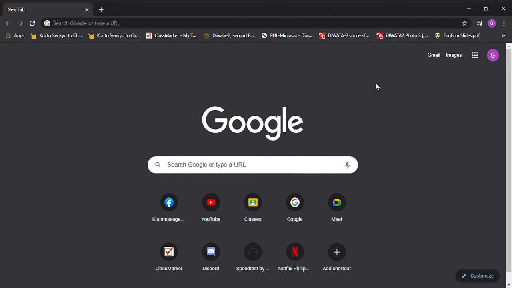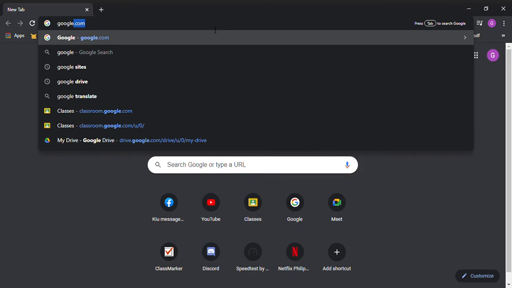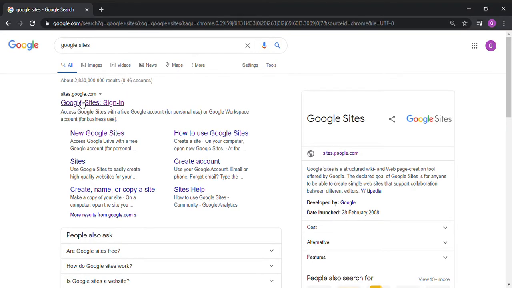Hello guys, so this is how you make a Google site. So first you have to create a Google account, then search in your search tab Google Sites. Then you will see here the website. Click it,